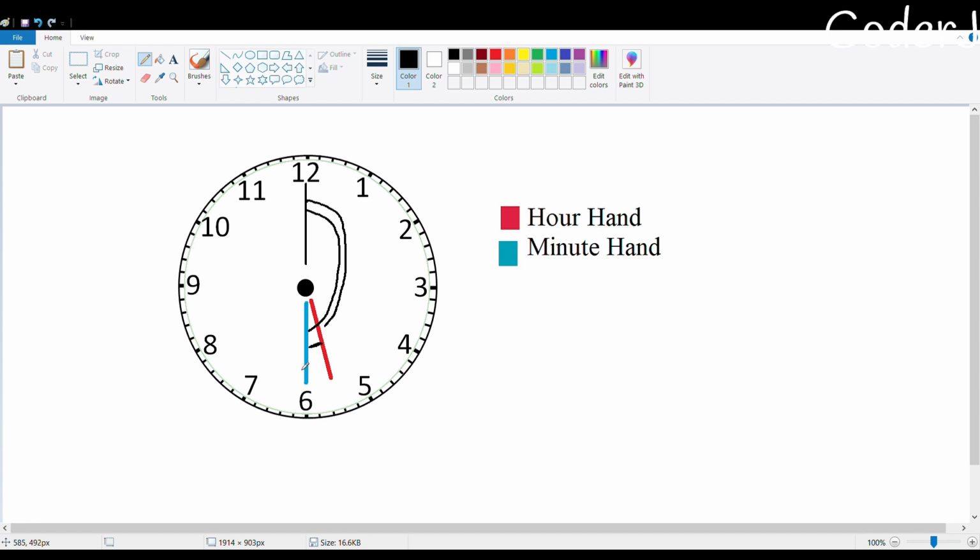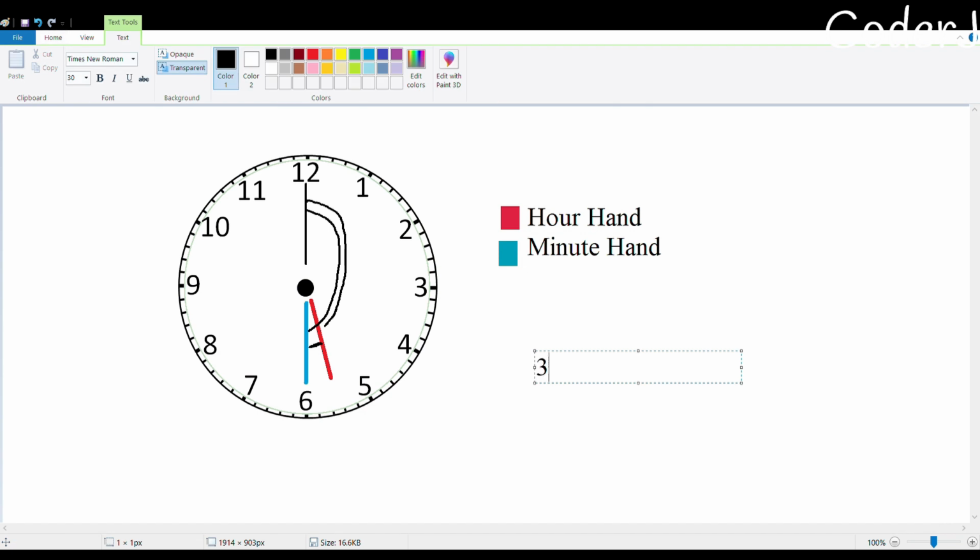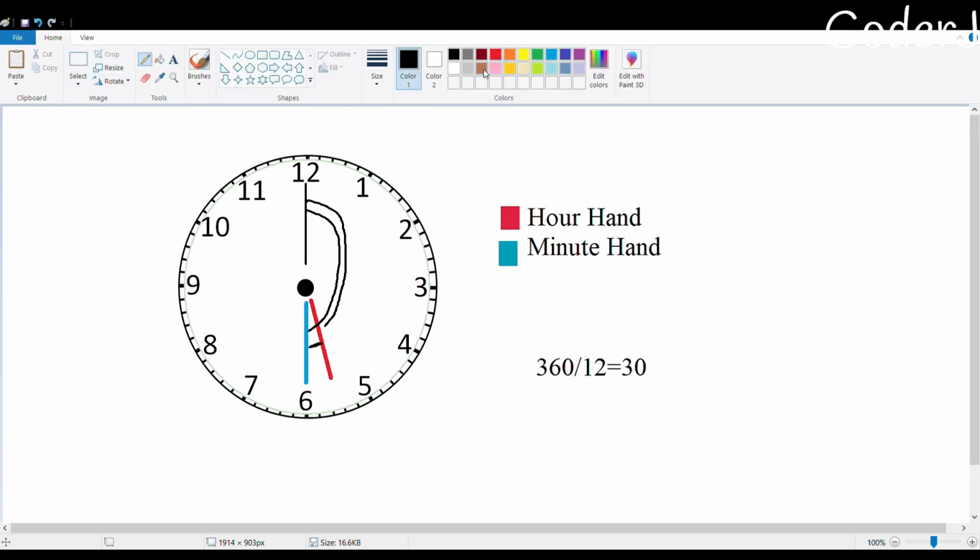It's very simple. Now comes a little bit of quant, so try to focus. The total degree that a clock has is 360, and a clock has 12 divisions because it has 12 numbers. So each division will have 30 degrees. What do I mean by that? What will be the degree between this 12 and this 1? It will be 30 degrees, because each division makes 30 degrees. What will be the angle between this 12 and this 3? It consists of three divisions and each division is equal to 30, so this angle will be 90 degrees. And we know that. Okay, great.